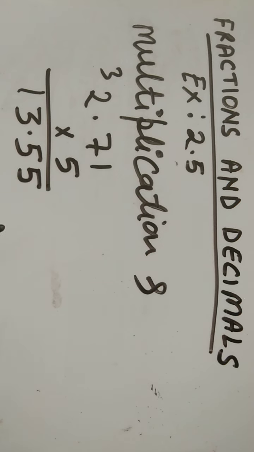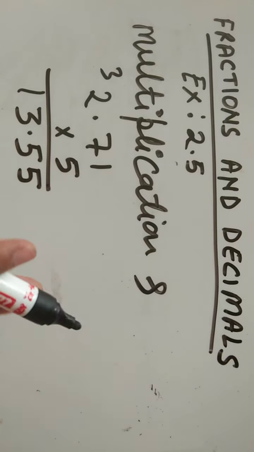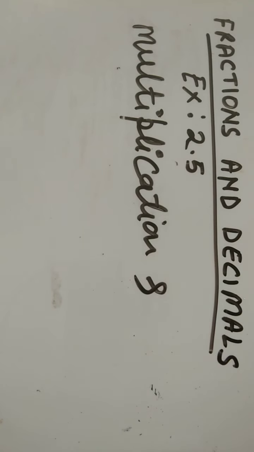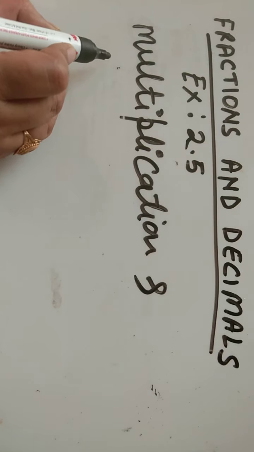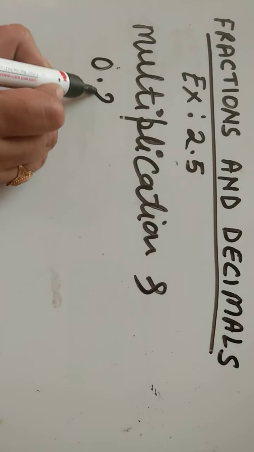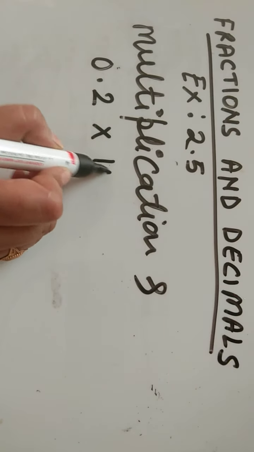Okay. Now we will discuss multiplication by 10, 100 and 1000. If we have to multiply by 10, 100 or 1000, how can we simply give the answer without actual multiplication? Okay, so let's see that one. When we multiply with 10, 100 or 1000, we look at how many zeros are there after 1. In that case, we will just simply change the position of the decimal. How? For example, we have to multiply 0.2 by 10.